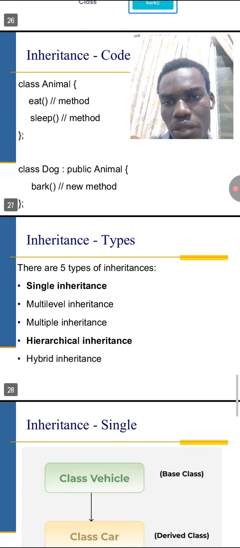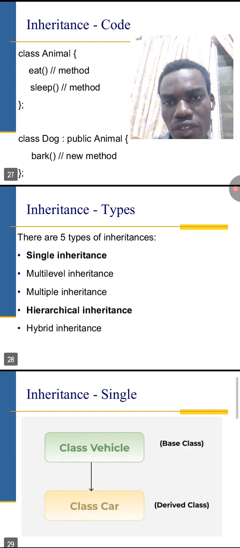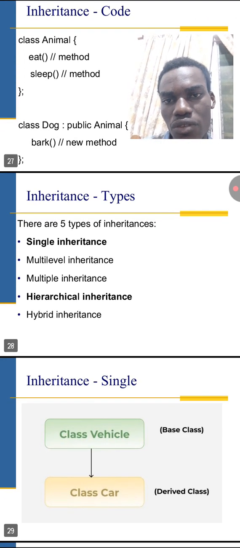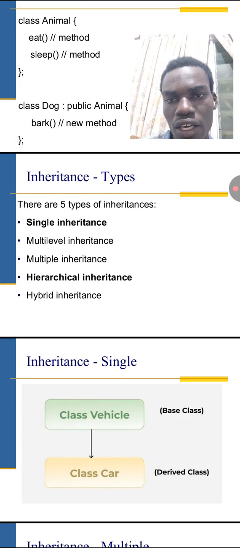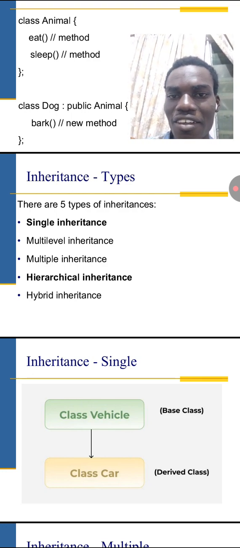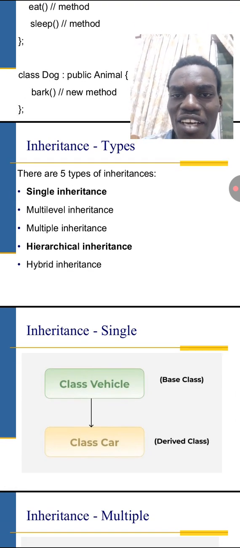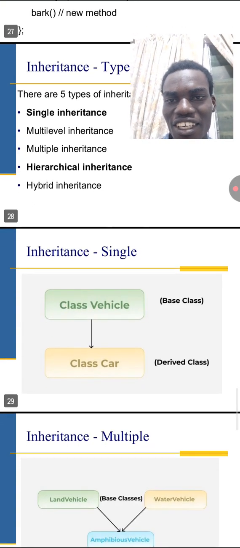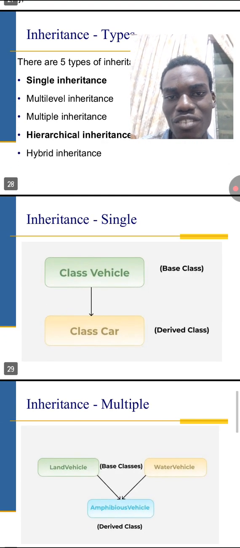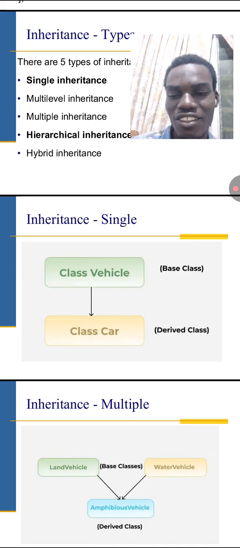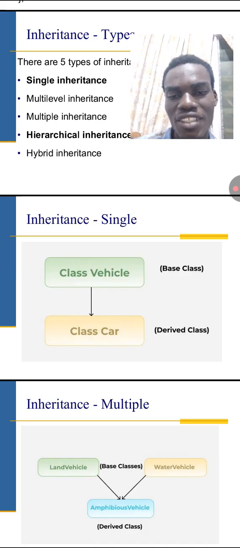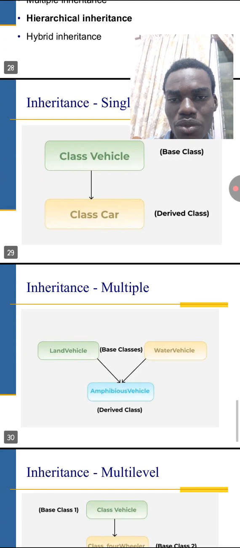Now let's look at the types of inheritance. We have single inheritance, multi-level inheritance, multiple inheritance, hierarchical inheritance, and hybrid inheritance. Single inheritance is more like a parent and a child. So when the parent is no more, the child inherits what the parent has. And we have multiple inheritance,